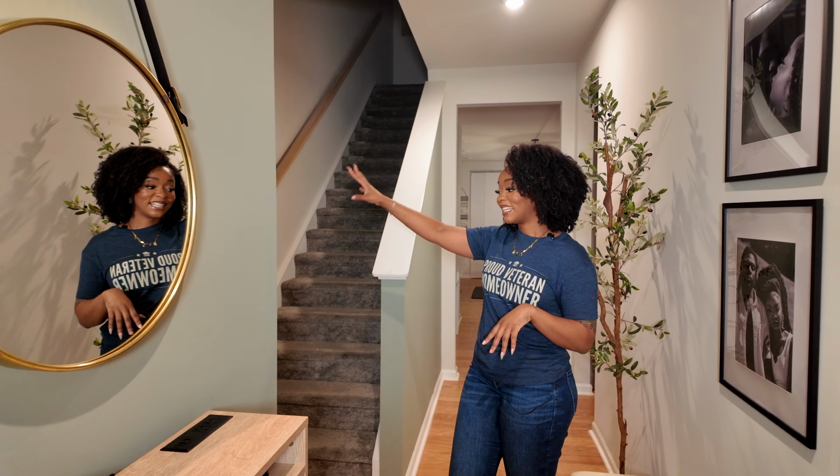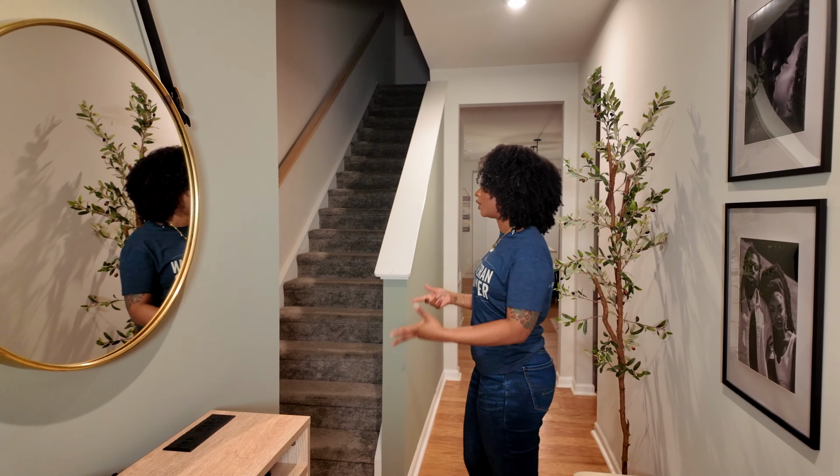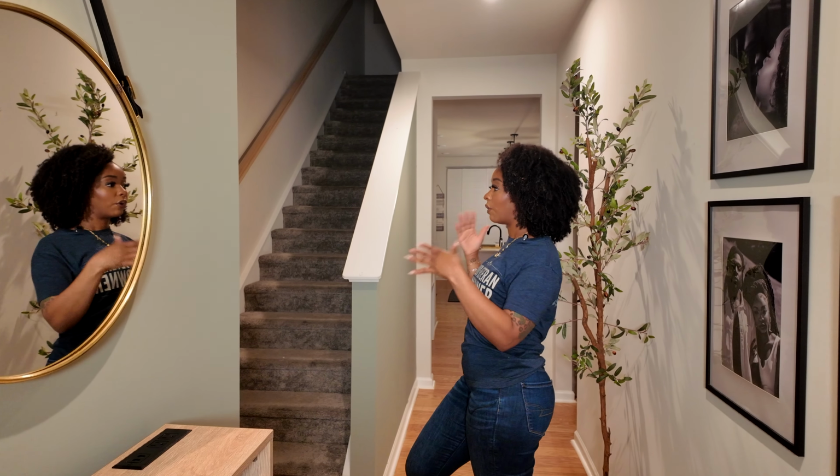I thought I was going to have to move the mirror out of this area because it just wasn't giving, but it's giving. So I love that. And so I did end up leaning the mirror that I had over here onto this wall, which makes such a beautiful photo op